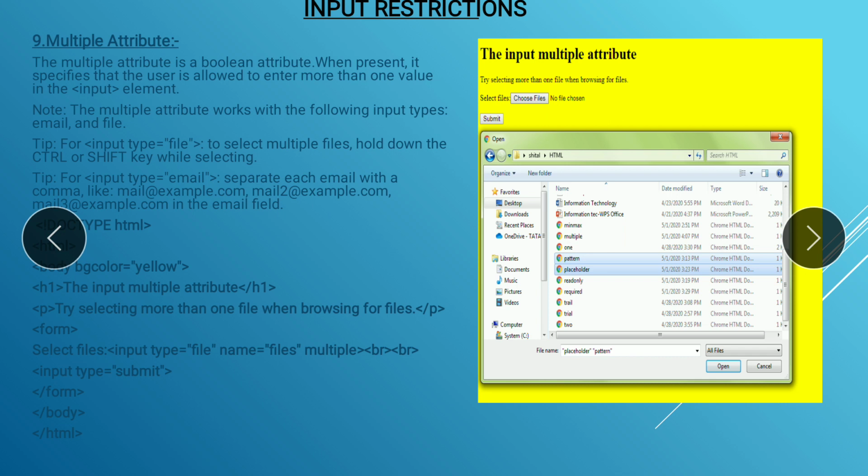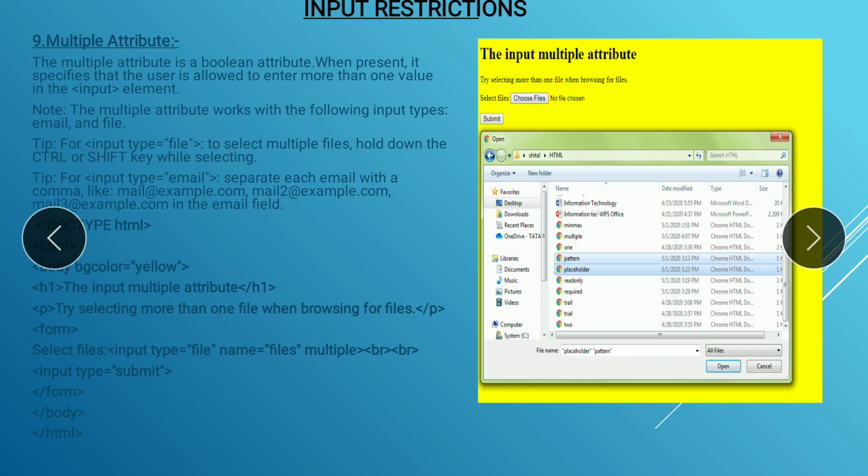We already learned about the multiple attribute in the email control. As you remember, we use the multiple attribute if you have to enter more than one value in a control, as their name tells you.